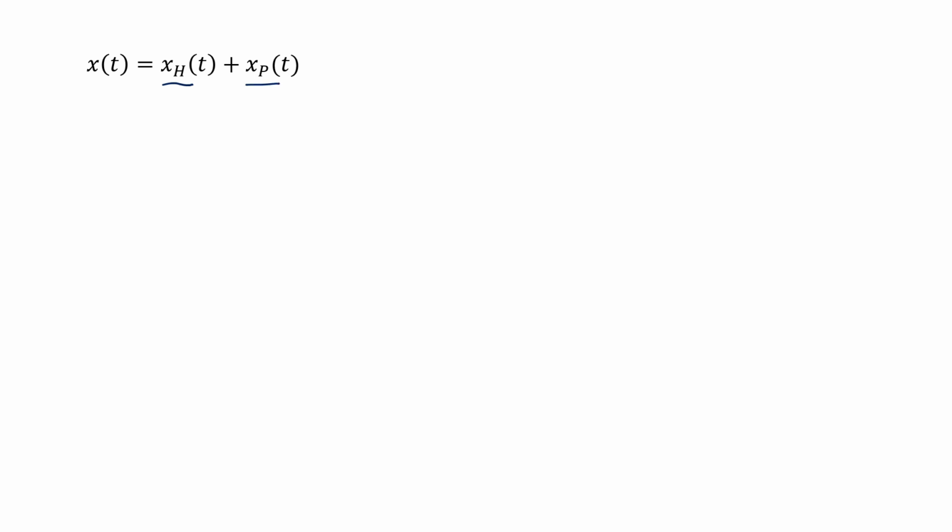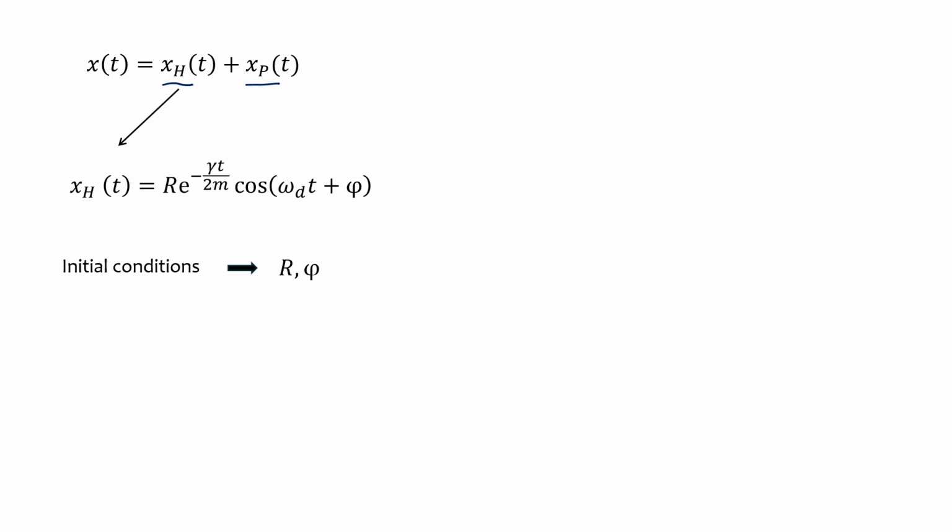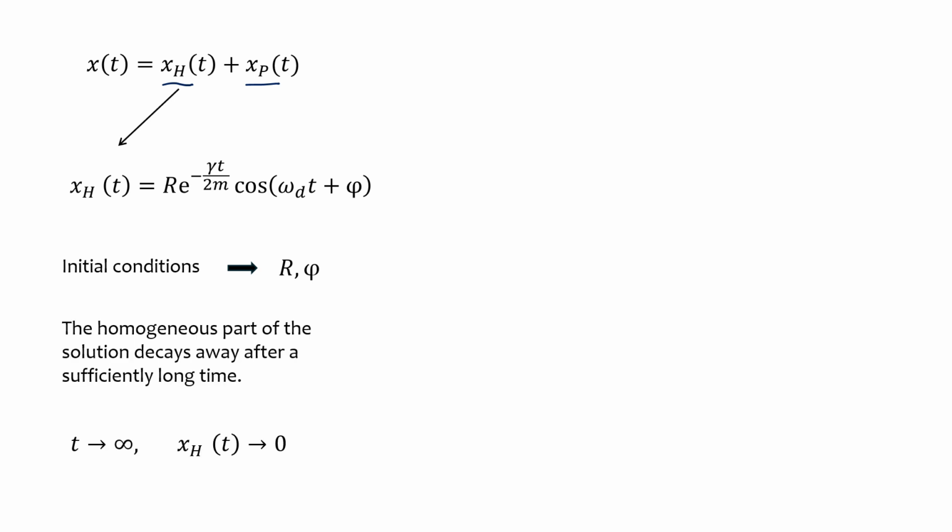The homogeneous part of the solution can be written, for example, in this form, in the subcritical damping regime. When we are not working in the subcritical regime, this solution is not valid, but that doesn't actually matter. What matters is that the homogeneous part always decays away after a sufficiently long time. And we saw this in the previous video on damped harmonic oscillator without external driving force. So it doesn't matter which regime we are working with, whether it is overdamping, critical damping, or underdamping, it always